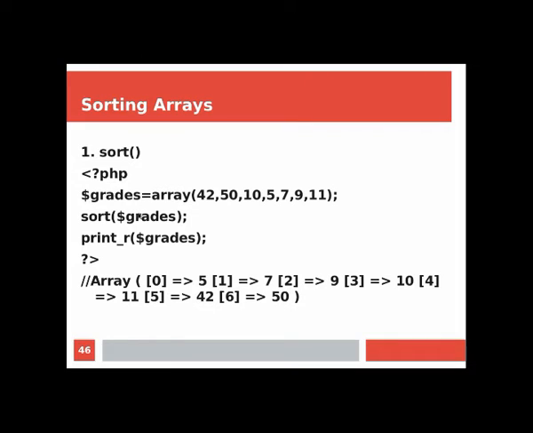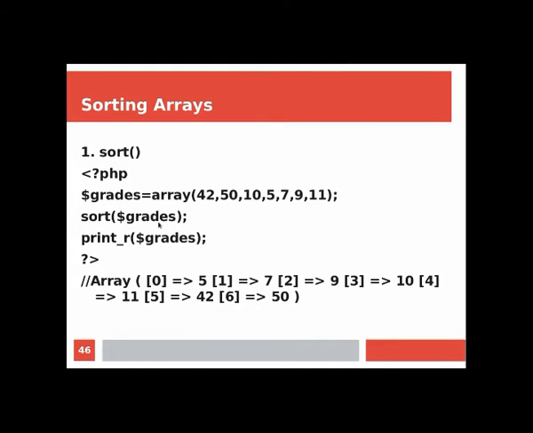Then next is sorting arrays. Here is sort; we'll see the functions directly. The sort function sorts the values of an array in ascending order. That means when we say sort, the function sorts the values of the array in ascending order. We'll see an example in PHP: $grades = array(42, 50, 10, 5, 7, 9, 11); This is the statement. Then next, sort($grades);